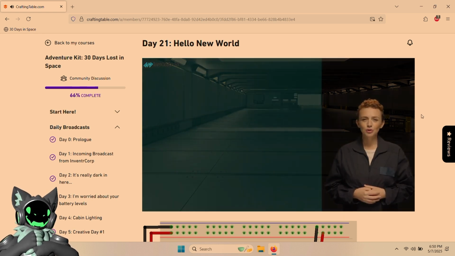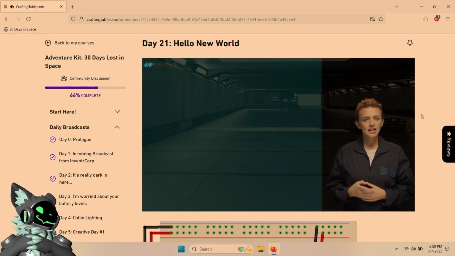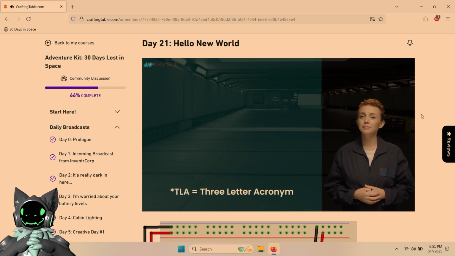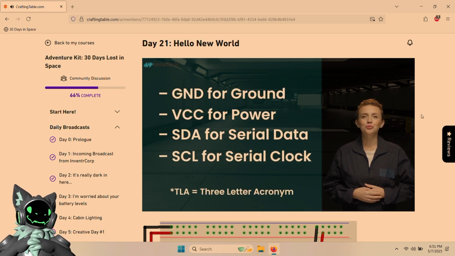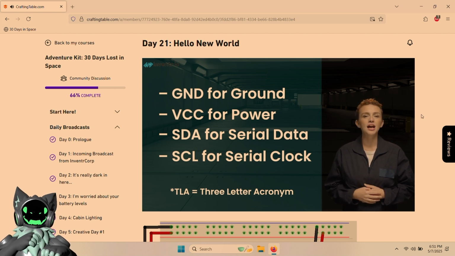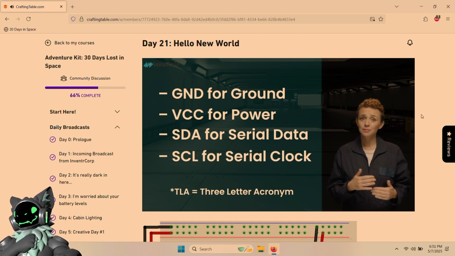All right, Explorer, let's start with understanding our screen's display pins. Take a look. There are some pretty obscure TLAs here. Oh, boy. Here's what they mean. Three-letter acronyms. GND is ground. Right. VCC is power. Okay. SDA is serial data and sends the information over the serial line, or the source data clock, using the I2C protocol. I do want to call out that a serial clock isn't something that wakes you up